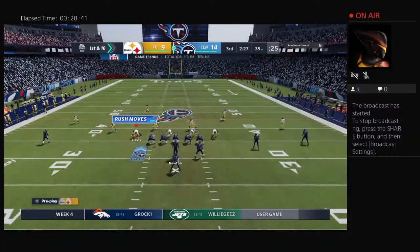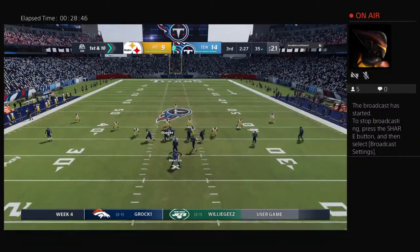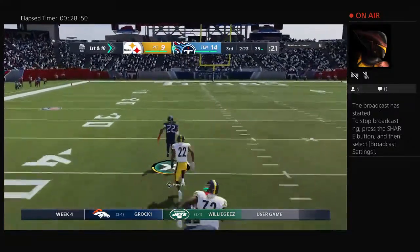Tennessee offense about set and ready to go. And that last drive was very, very balanced, pretty methodical. You think they go that route again? I'm always of the school that until they stop me from doing...